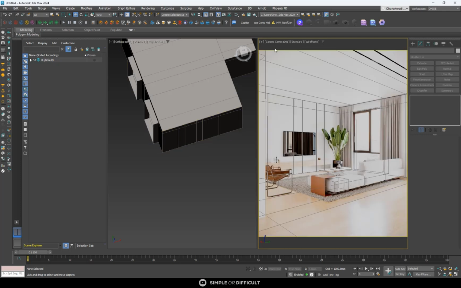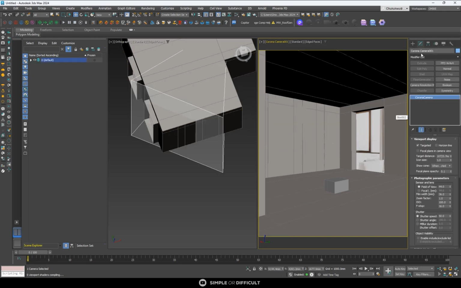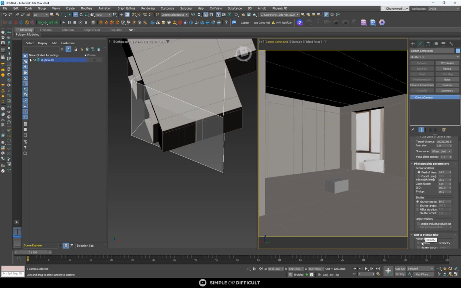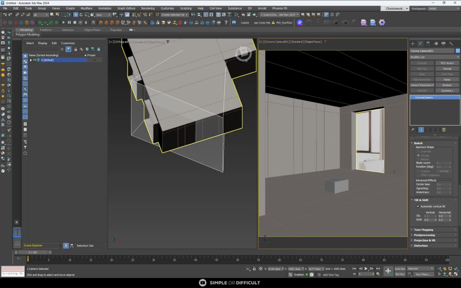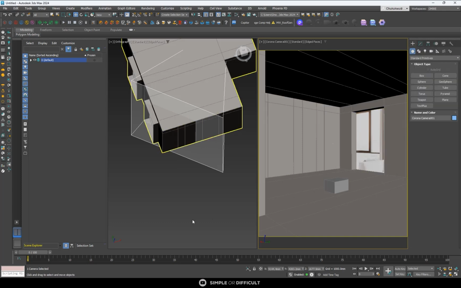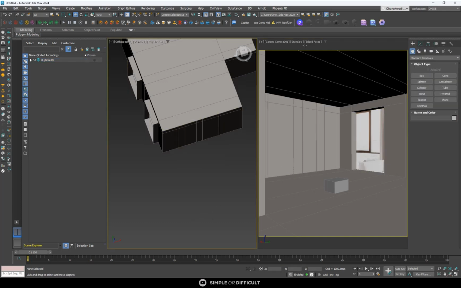Right. So I will just select this camera, come inside here, go down, and then come here and turn on automatic vertical tilt so that the vertical lines are going to be straight. Right, that will solve that problem for us. Okay, so the next thing I want us to create